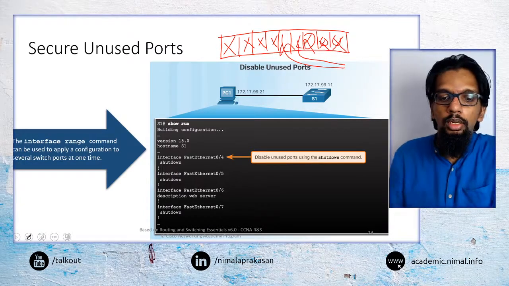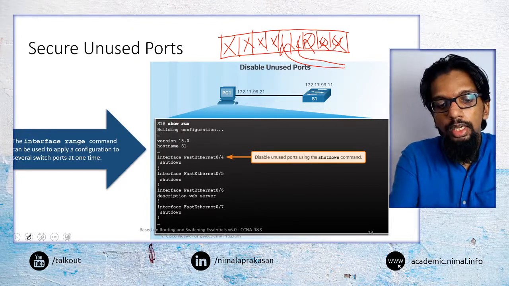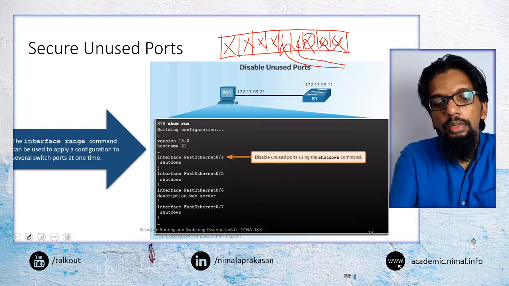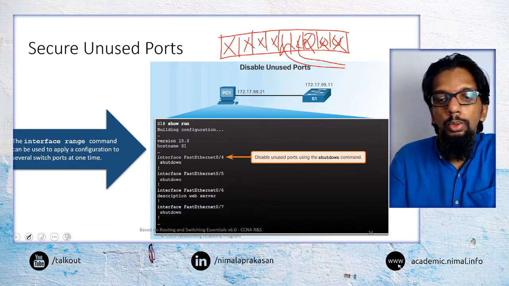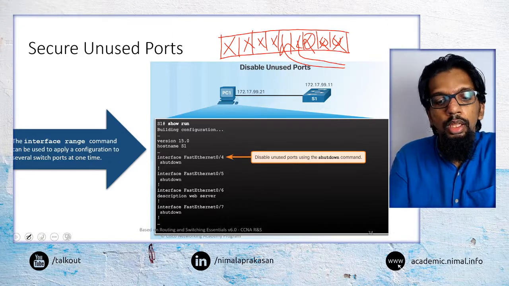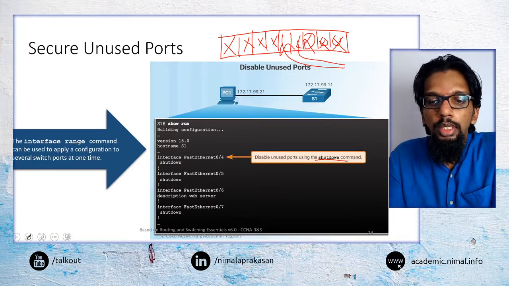To do that, we would use the shutdown command for each of the interfaces and say those interfaces are no longer usable. We use the shutdown command there, and that says this port is disabled.